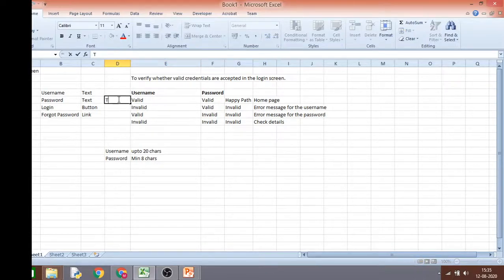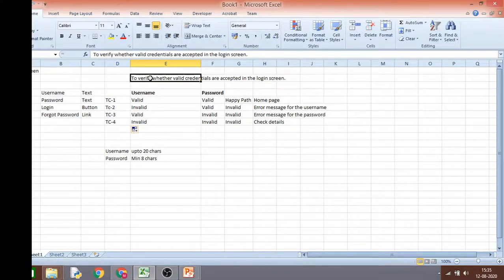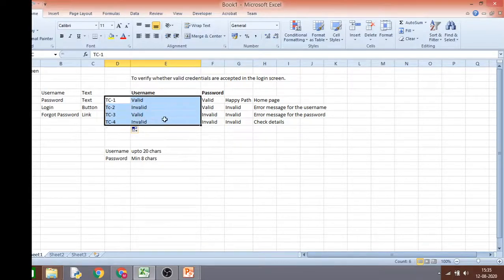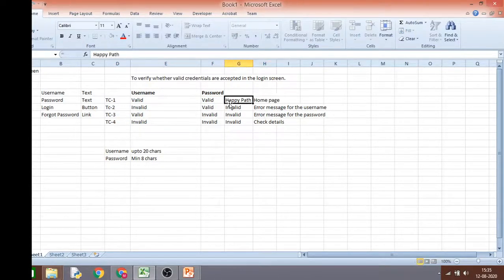So here I can say this to be my first test case, this is going to be my second test case, and these two to be my third and the fourth test case. So I have one scenario which is checking the validity of my login screen, and in that I have 4 test cases, and this is the expected result, right?